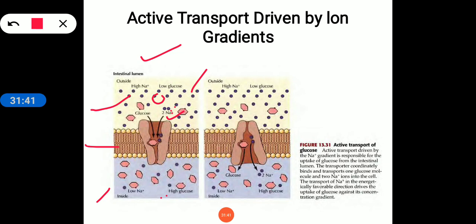Now, when sodium is being transported along its concentration gradient, the energy that is generated is used in transport of glucose from its area of lower concentration to its region of higher concentration. Okay, so that is how the active transport of glucose is mediated by the sodium ion transport. Okay, so yes, here the same thing is shown. These are the two cells. Okay, तो उसमें वही दिखा रहे हैं, and now here we can see in this figure, two Na positive have bound to this protein, and one glucose molecule is bound. Now upon binding of these two Na positive and one glucose molecule, the conformation of this carrier protein has changed, and these two Na positive ions and one glucose molecule are now released on the inside of the cell. Okay,